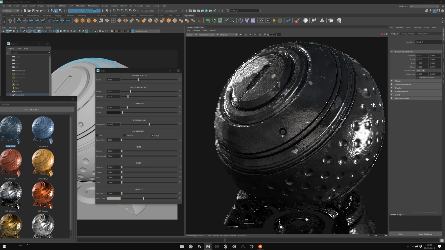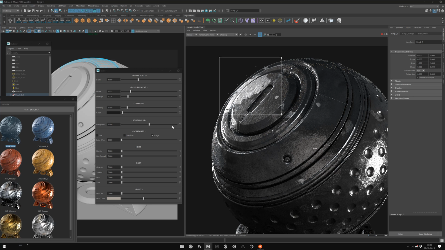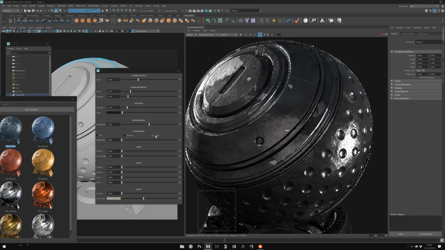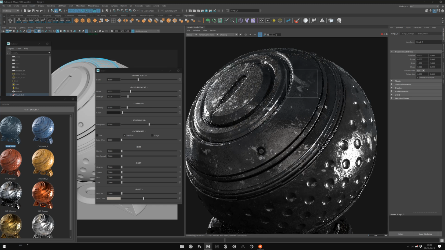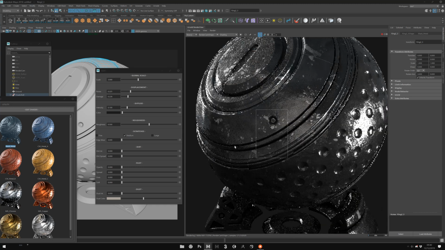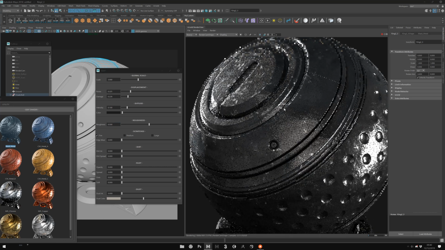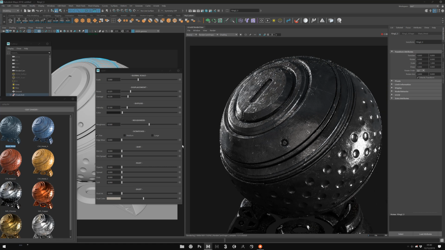You have a large one that will add, you see, really big scratch and peeling effect. You have a medium one, which is a little smaller, and a fine one, which is really only some fine little scratches on the surface.